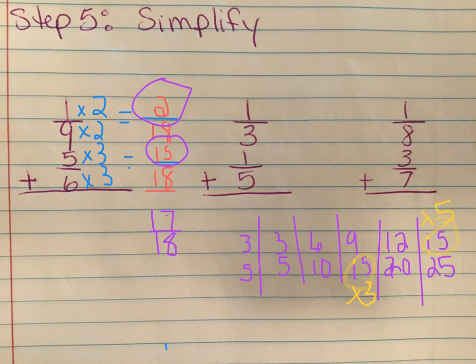So I come up here and I say, okay, well the 3 I got to multiply by 5, and what I do to the bottom I have to do to the top. The 5 I'm going to multiply by 3, and what I do to the bottom I have to do to the top. And then I have new fractions, 3 over 15 and 5 over 15. Now I can go ahead and add them. So we got our 15 over,